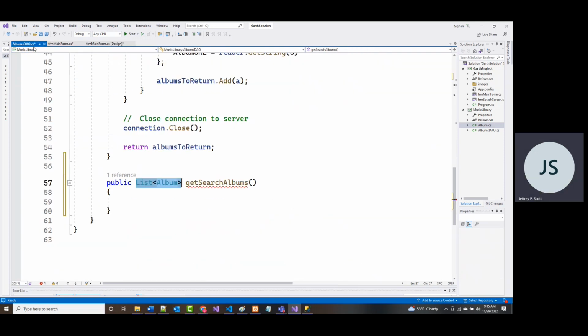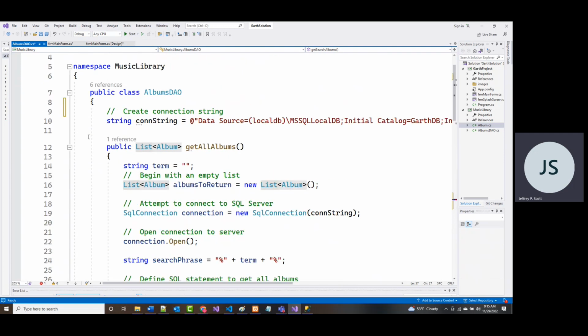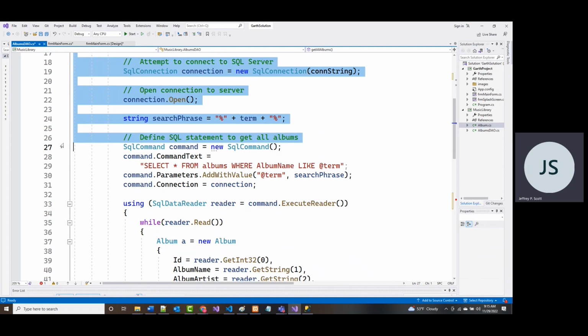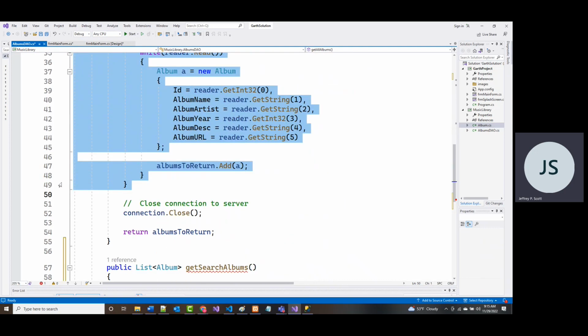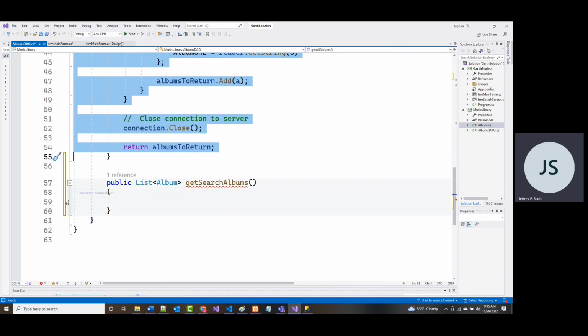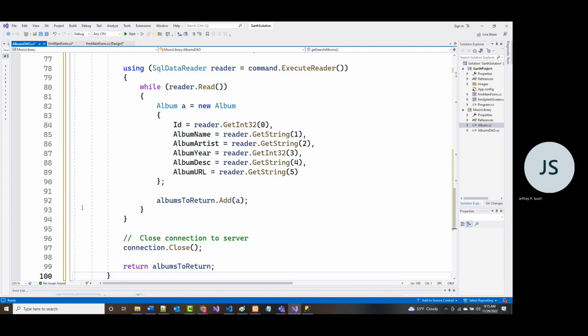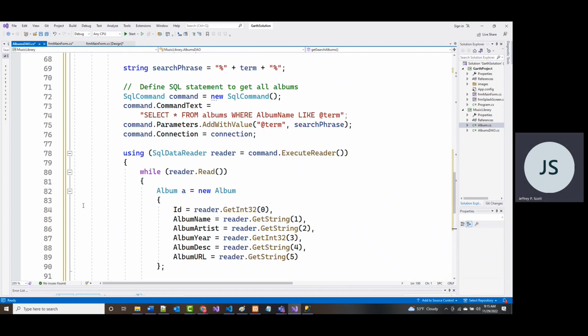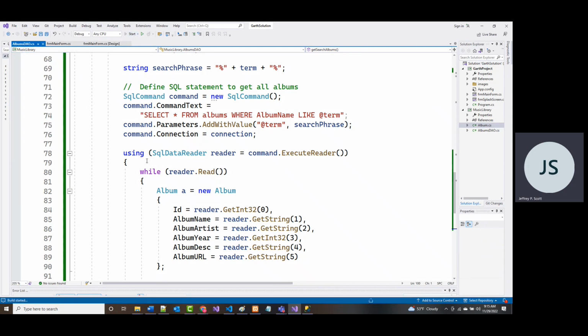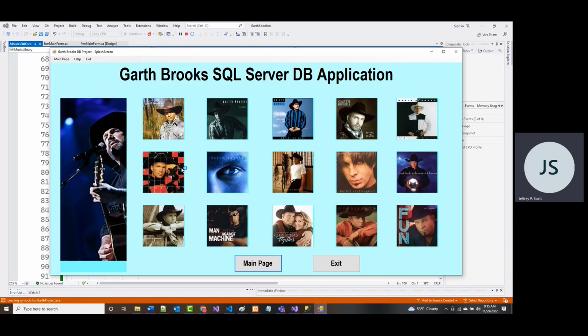Okay, so let me jump back here, and we're going to have to make a bunch of changes, but let me grab everything that I've got here. This is from the get all. So I'm grabbing everything I've got in the get all, copying it to the clipboard, and I'm going to paste it in here. Now, that's not correct, but I do want you to see that if I do a file save all now, and run the program again, it will run. It will not give me an error.